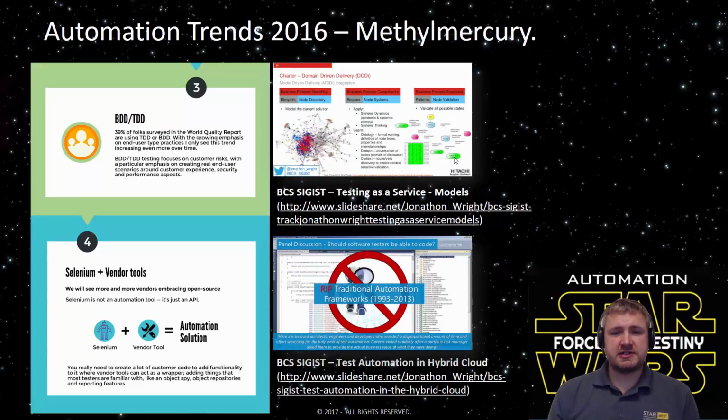Let's move on to the next topics, BDD and TDD. So this has been a focus of conversation for quite a while, and I've had this conversation with people like Dan North in the past. My focus has been really looking at everything just as a single entity or node, and then look at the domain and the context that goes over those nodes so that you can understand them. So my keynote at the British Computer Society covers this in a little bit more detail, also talks about how these complex systems and systems thinking and solutions thinking come together.